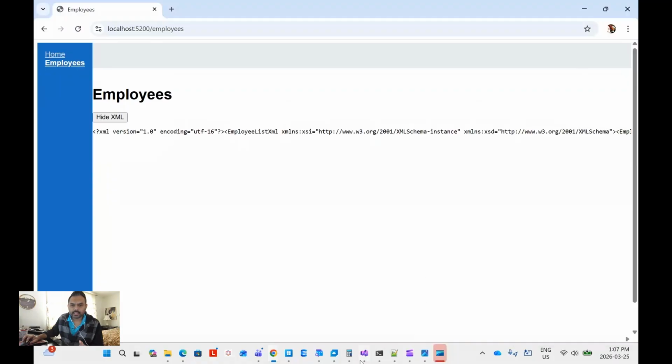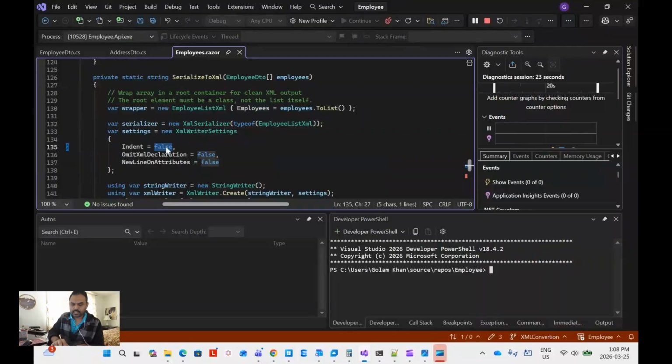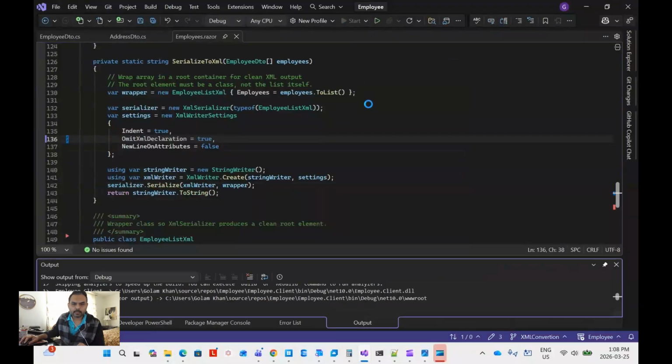Oh, okay. I did a wrong setting. I said indent to be false. I didn't mean that. I want the indent to be true, but I want to omit the XML declaration. So if I omit this, save it, stop and start my project,